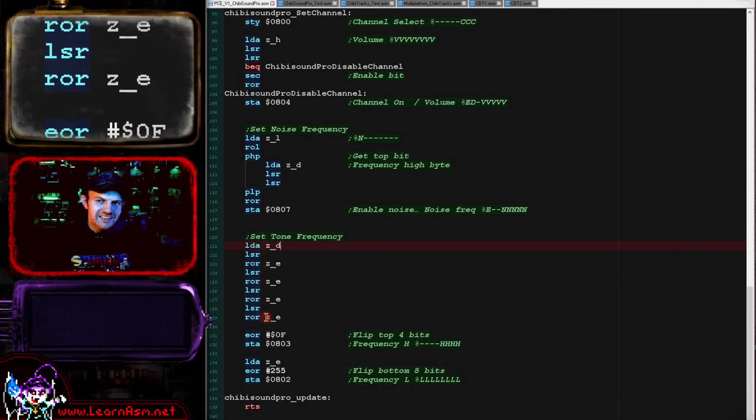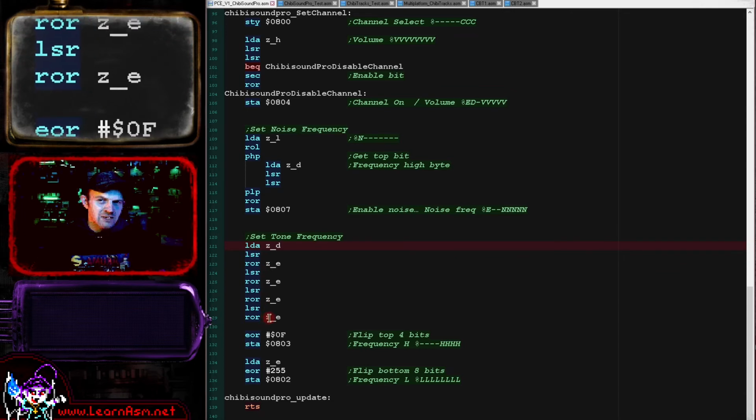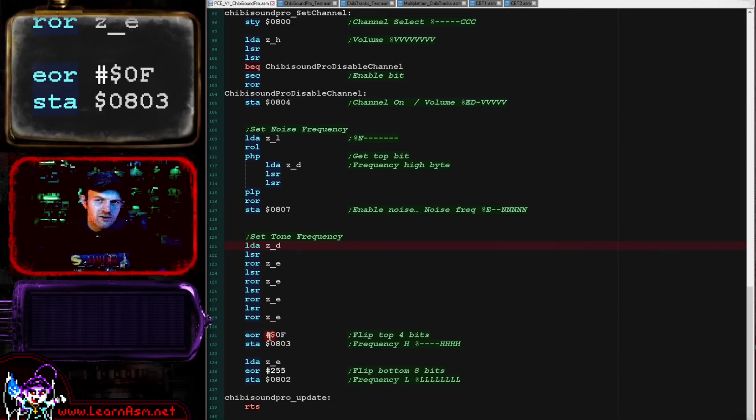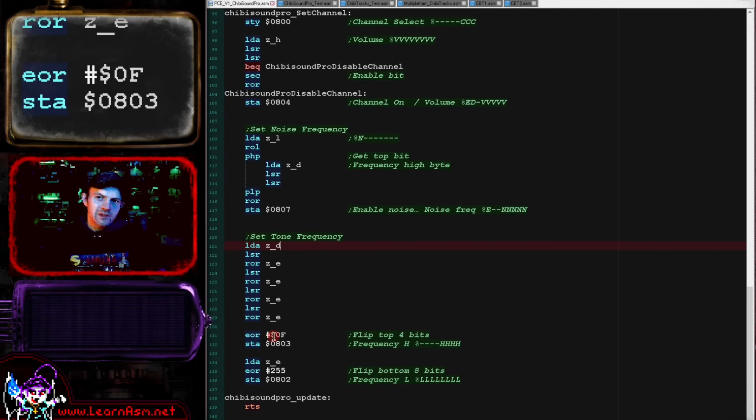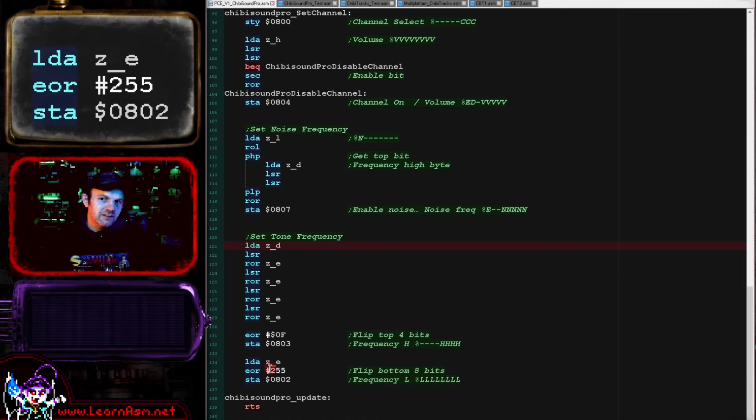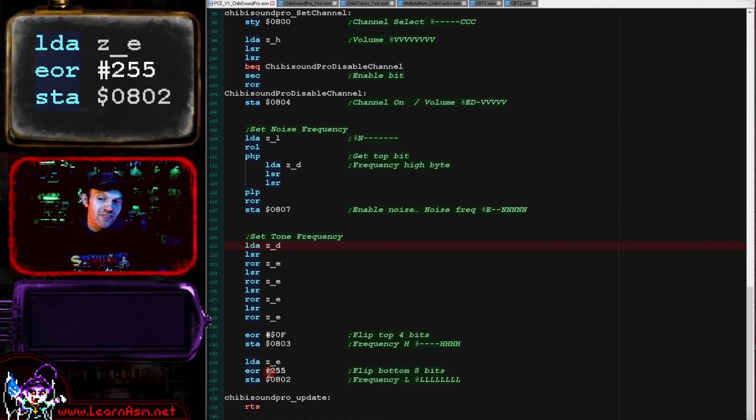So basically we're ditching the bottom 4 bits of E here and shifting 4 of the bits from D into E. We're then flipping the bits that we have got in the accumulator because the frequencies actually work in the opposite way to the way that I wanted them to. So we're flipping the bits there of the H byte and we're storing that into 803. We're then loading in the L byte, flipping the bits and storing that into 802, and that is setting up